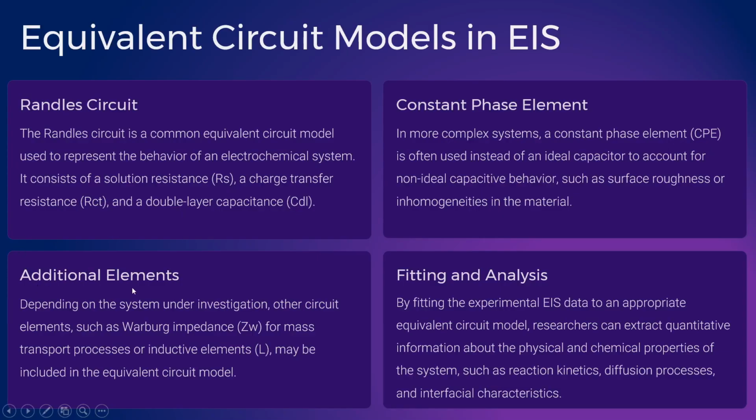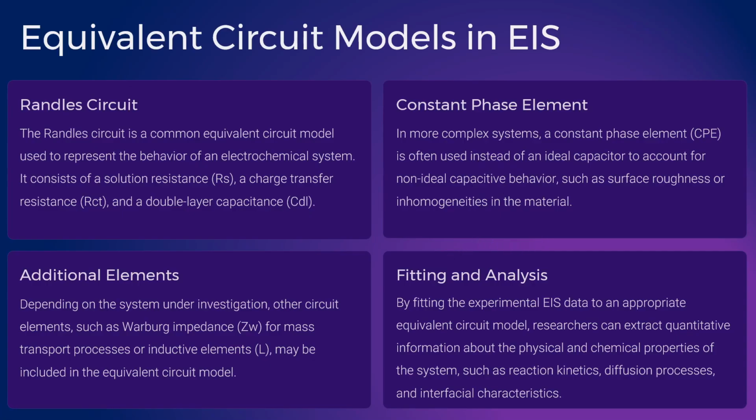And there can be some additional elements also, depending on the system under investigation, other circuit elements such as Warburg impedance, that is ZW, for the mass transfer process, or inductive elements L may be included in the equivalent circuit model. And for the constant phase element, in a more complex system, a constant phase element, CPE, is often used instead of an ideal capacitor to account for non-ideal capacitive behavior, such as surface roughness or